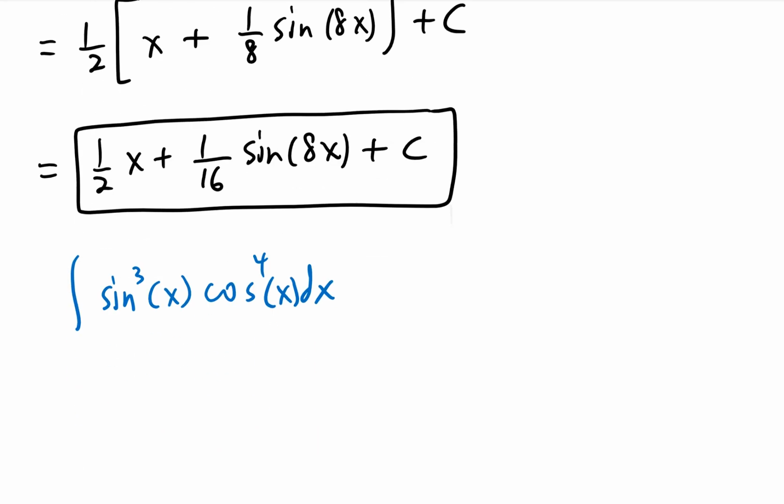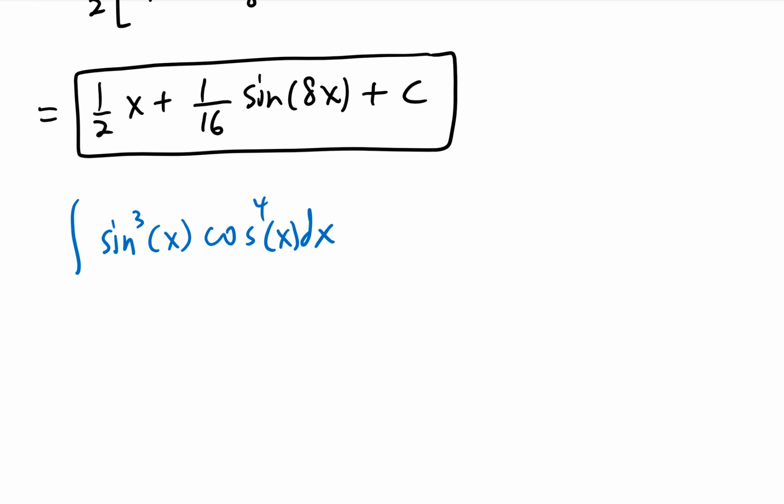So this kind of problem is slightly different. It's not just sine or only cosine. We have sine and cosine involved. So the way these things work is we look at the one with the odd exponent. This is the odd exponent. If one of the functions has an odd exponent, we